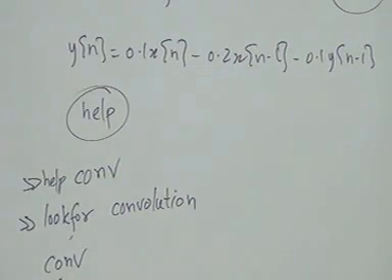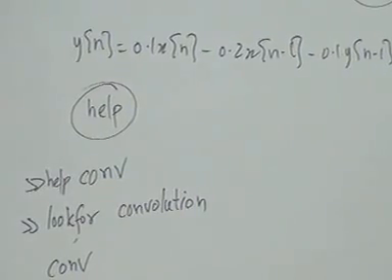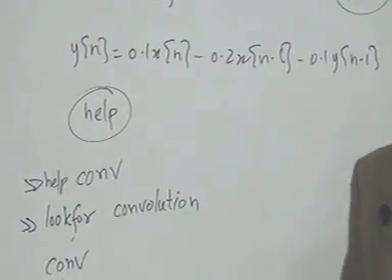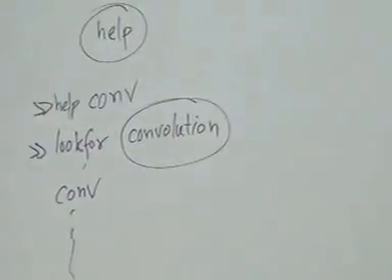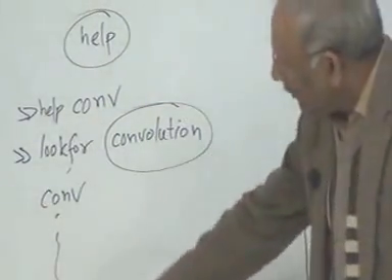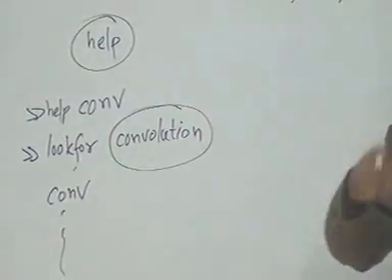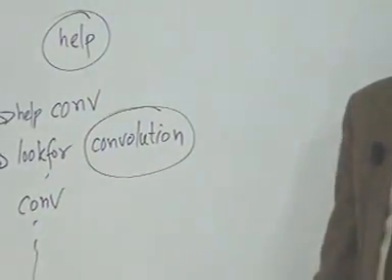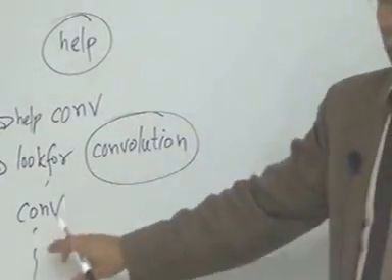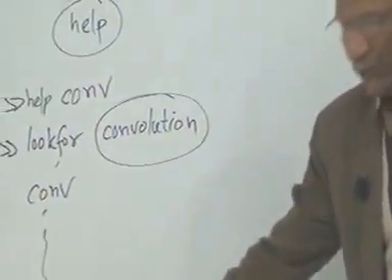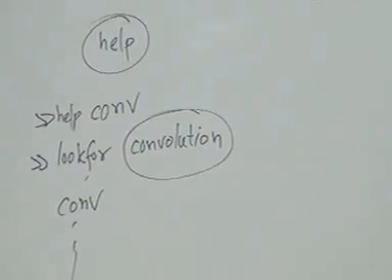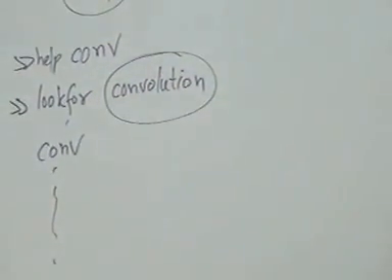As a result, it is going to give you a whole list of different commands. What lookfor does is search the whole package of MATLAB for all the commands whose description has the word convolution in it, and give you the list of commands in priority. If the CONV command has the word convolution appearing 5 times, this will be first. Then another command with the word convolution appearing 4 times will be next. Like that, in order of priority, all the commands will be listed, and then you can type help on them one by one to see how these commands are actually used.